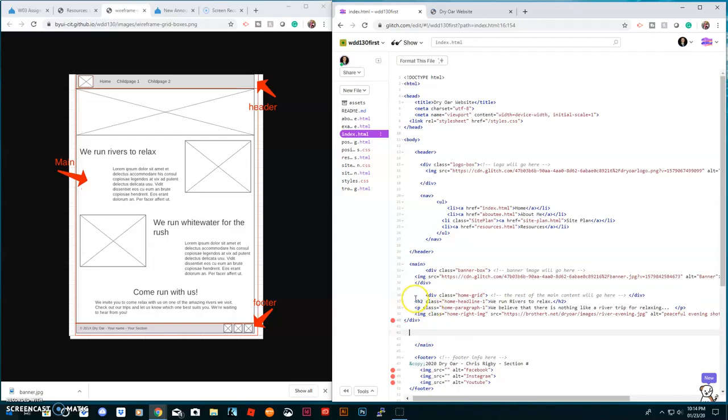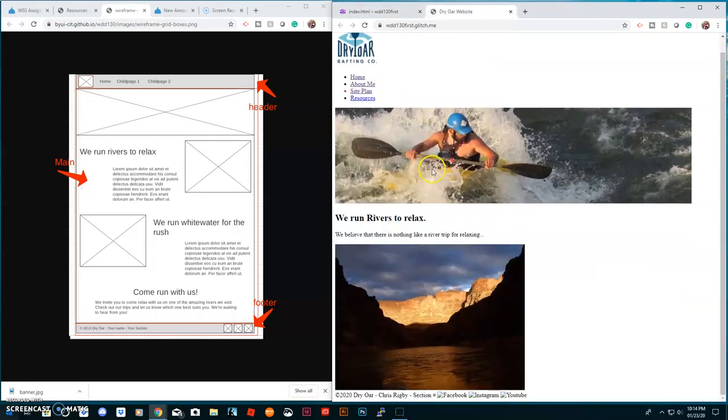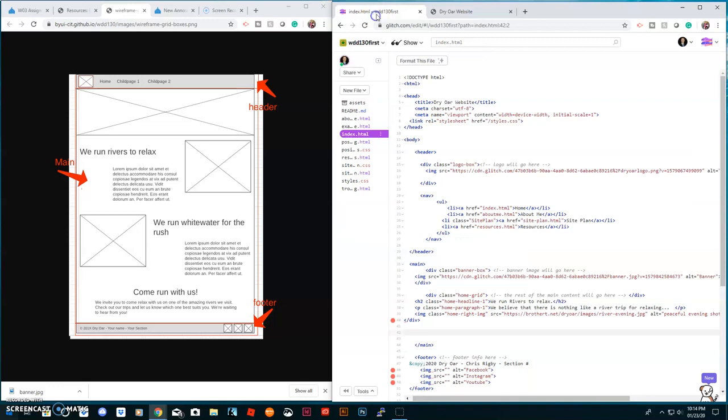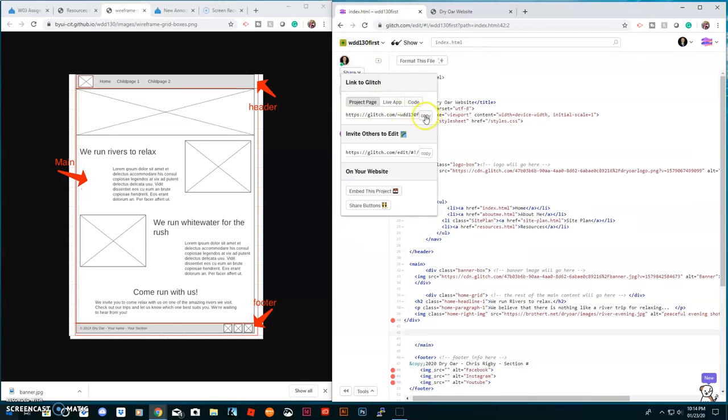Essentially that's kind of how you do it. You just go step by step, you preview in a new window, and again, you'll see I have section 1 here. It looks like I'm using the same image from that example in the assignment. Go through it, take your time. I simply want to see headings, paragraphs, and images. What we do next week is actually positioning with CSS. So remember, make sure you submit things correctly. You want to click share on the index file highlighted and copy here, project page. That should copy this. This is what you paste in Canvas, and I look